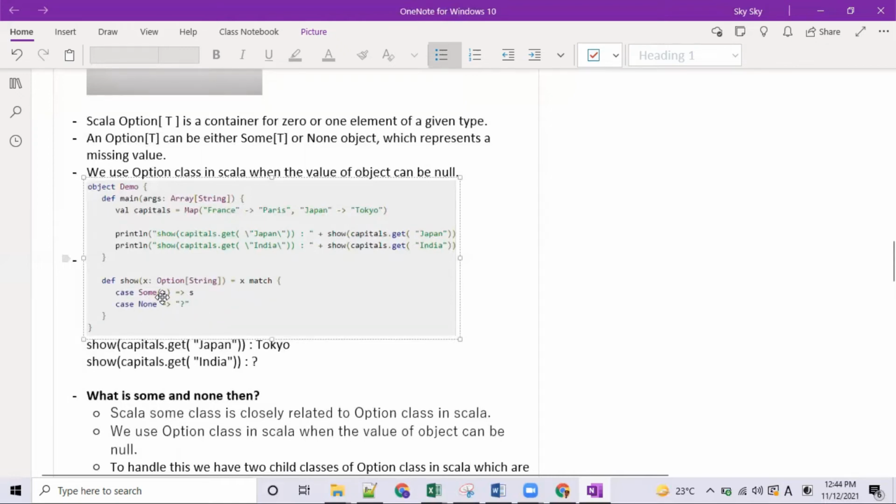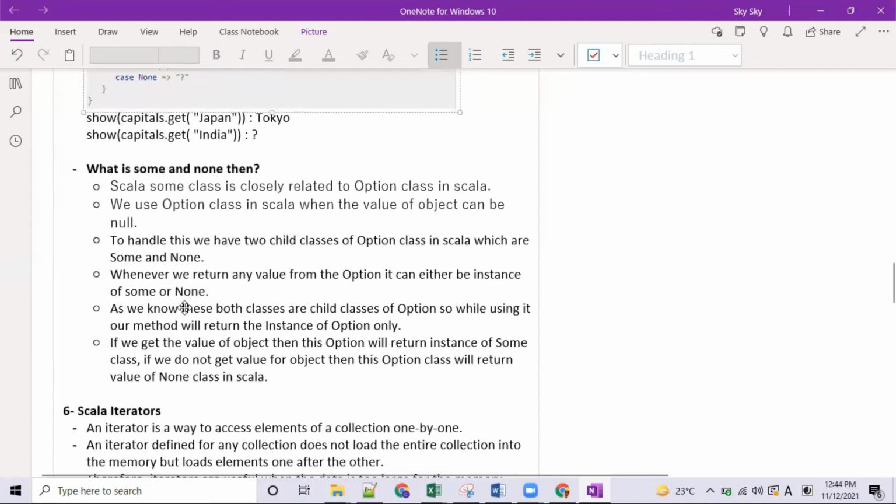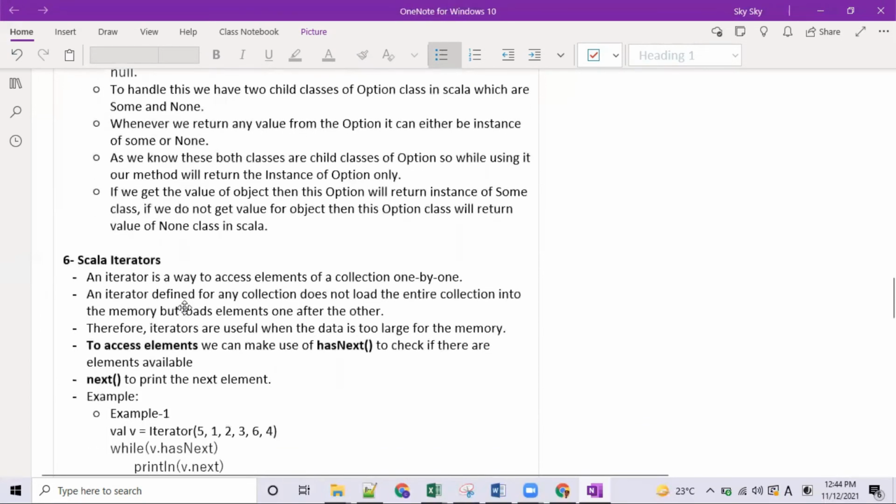If there is an object passed into this function, we will return that object. If there is a function which is returning None, this code would work fine because it is returning something for None as well. So your code would be able to handle the null values as well. So in Scala there is Option.